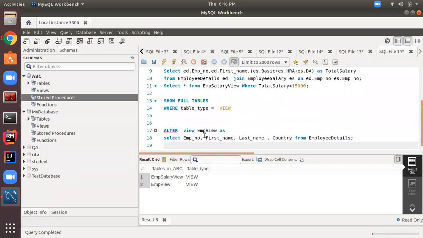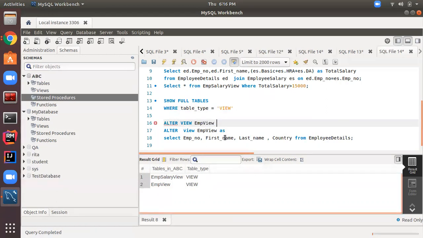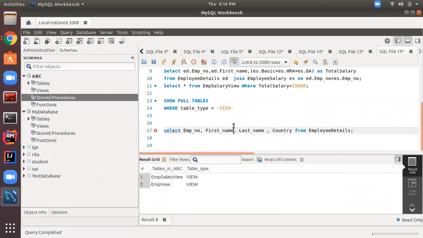So we are going to modify the view. Let's rewrite it again, it's giving us an error. Sometimes it shows an error, might be due to the command alter view. Let's first check whether it's executing or not.